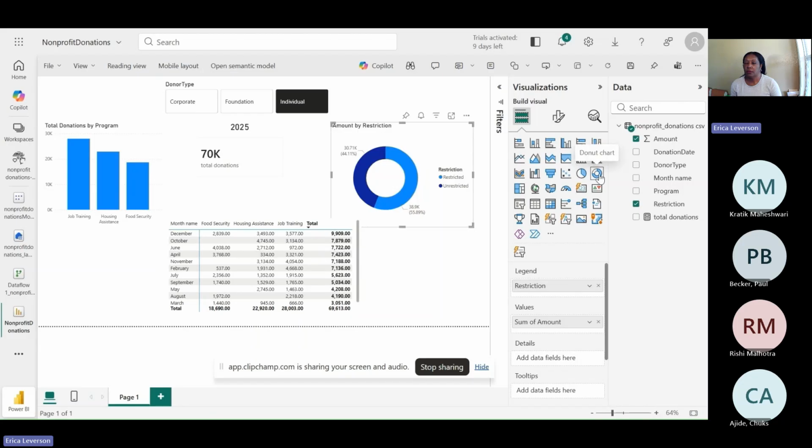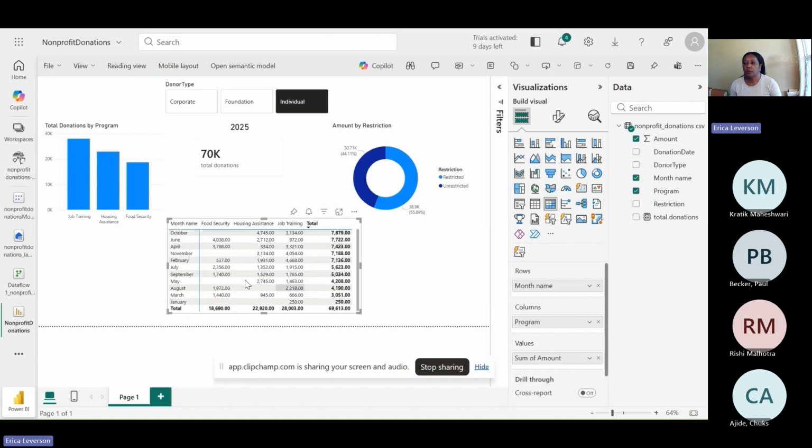Okay, and for this visual we used a donut chart. On the legend, we put restriction, and in the value, we put the amount. And this is a matrix chart here. On rows, we put the month name. In the columns, we put program and the amount. And we also